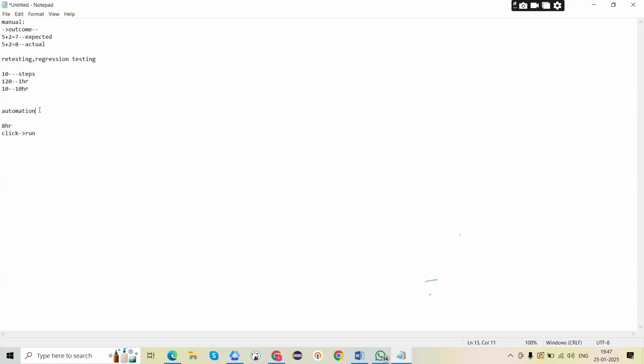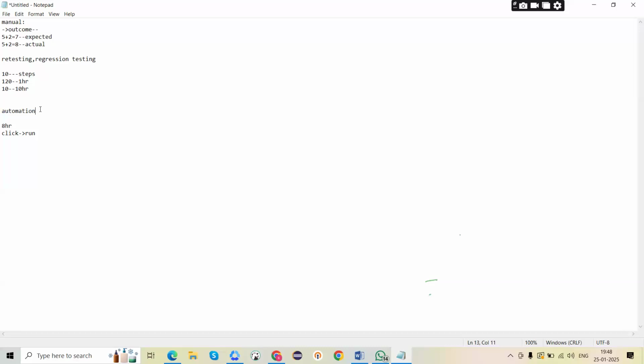But if you write code and do the regression testing, then if due to a new enhancement or new deployment any bug arises, we can catch it with the help of automation.